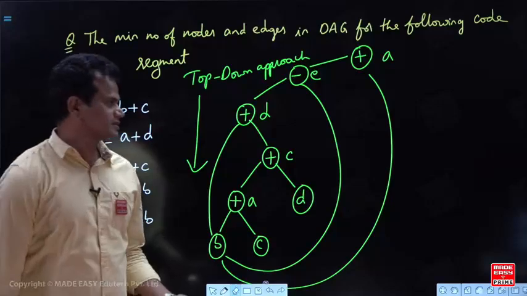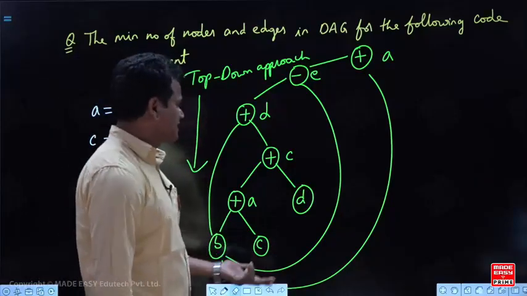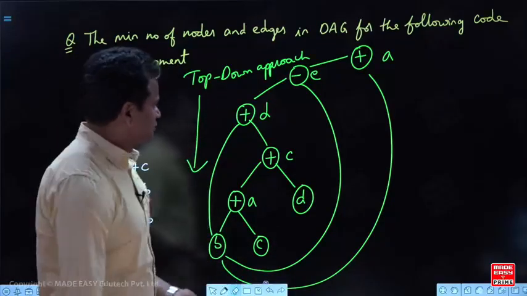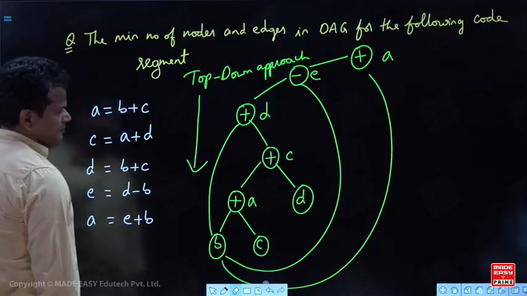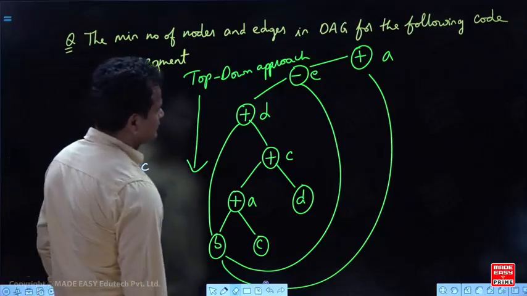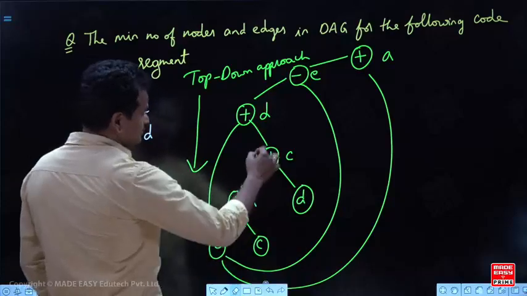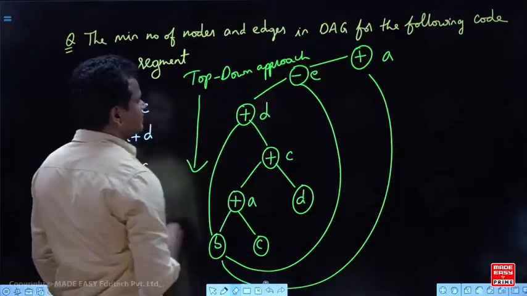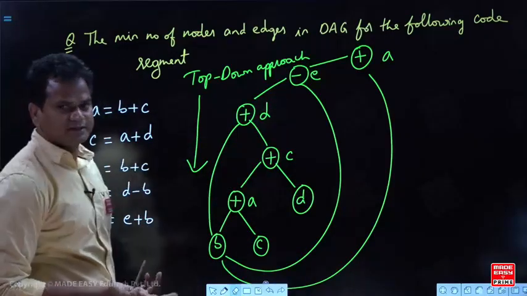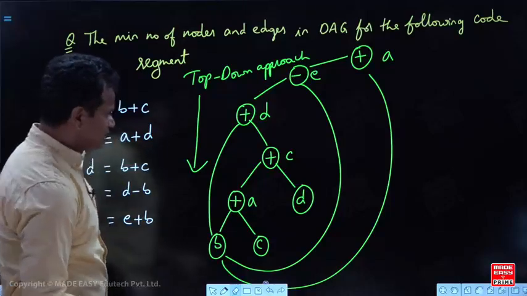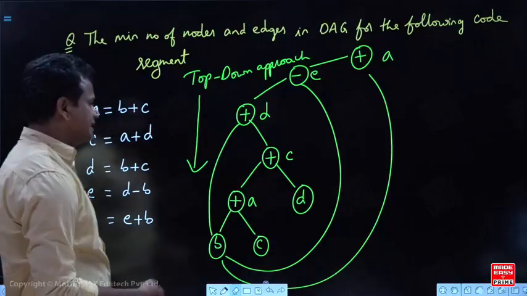Internal nodes are operators. Operators can be used many times. Otherwise, you don't get the perfect answer. How can you use the same plus for year and year? That gives you a different final answer. So internal operators, you can create any number of times.